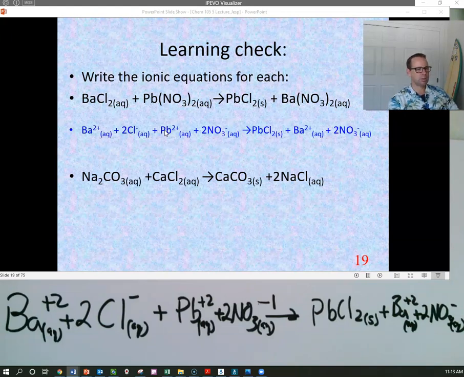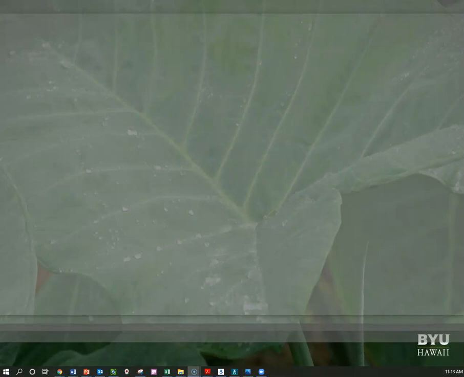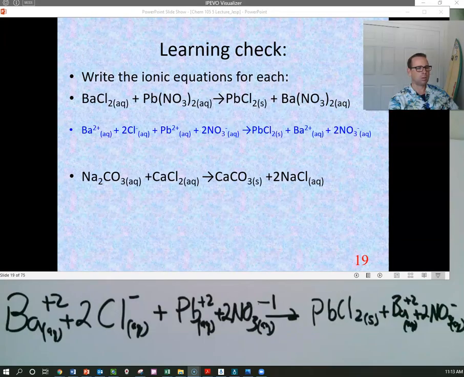Excellent. Do you want to try to do the next one? Do you want to try to write it down for yourself? Okay. Sure. So why don't you write down the chemical equation on top? I'll tell you what it is. It's sodium carbonate, Na2CO3,